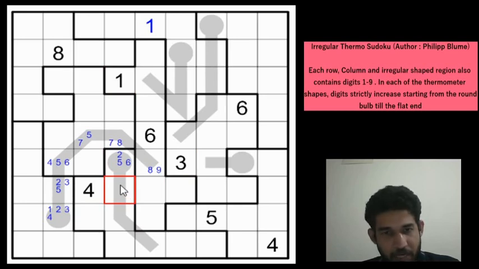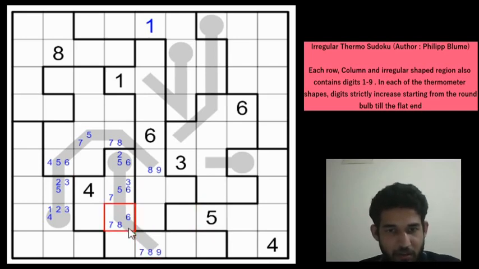So this can be minimum 3 and maximum 7. So 3, 4, 5, 6 and 7. But 4 isn't possible, so we can remove 4 and this will be minimum 4 because the minimum value here is 3. So this will be minimum 4 and maximum 8. But 4 and 5 are not possible, right? Due to classic rules. So you can have 6, 7 or 8 here as candidates and this will be 7, 8 or 9, right? Because the minimum value here is 6. So the minimum value here would be 7. And when you have 7, 8, 9 here, that has to go in this cell as explained earlier.